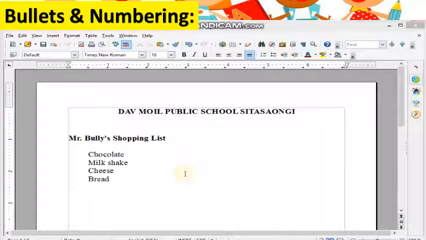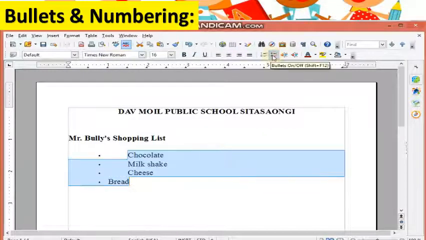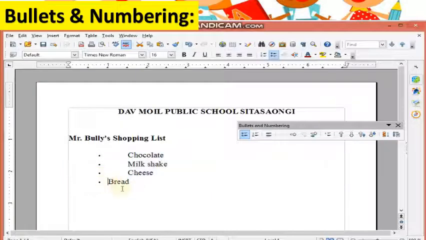First, the bulleted list. A bulleted list contains bullets, which are symbols placed before the list items. It has no sequence or order. The default bullet is this. When we select the text, we choose a bullet list from here. This is the formatting toolbar, and it is a shortcut for bullets. When we select it, the bullets are shown like this. So this is the way to use the bulleted list.